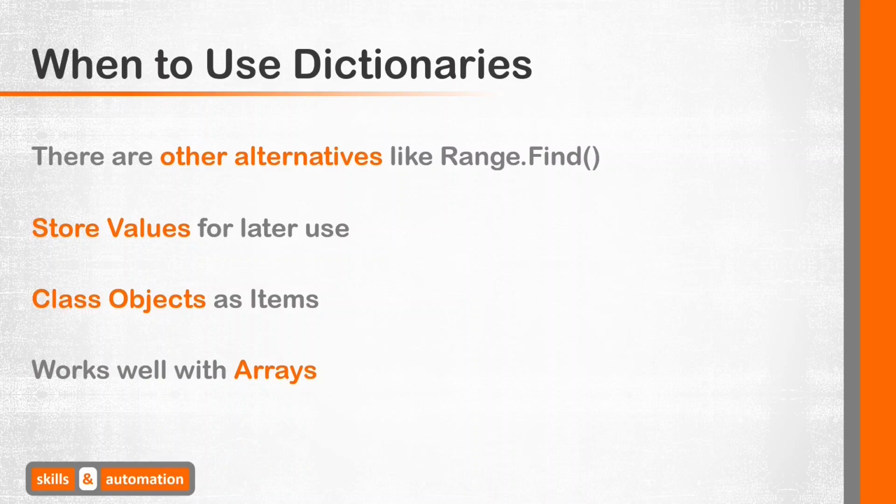We haven't also covered arrays in this video. In all our examples, we just pasted the output directly onto the worksheet. But we can also paste the results into an array, which can make an entire operation super fast. In fact, the dynamic array and dictionary combo is the deadliest of the lot. You can do almost anything with it, and it saves you the trouble of learning unnecessary alternatives.